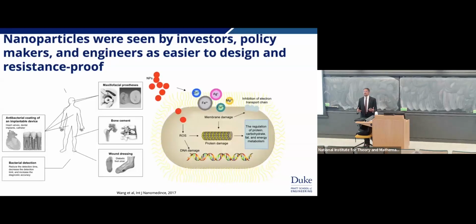Turns out you don't really get that inside of the cell because there's too many things that might coat that material and just the reactions aren't in the right conditions to produce reactive oxygen species. You might have membrane wall damage that might start penetrating the cell. Turns out bacteria cells are a little bit tougher than that. You hopefully might have some protein damage and some DNA damage. Those bacteria can start evolving resistance to.